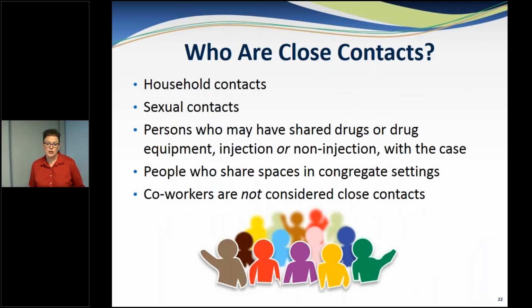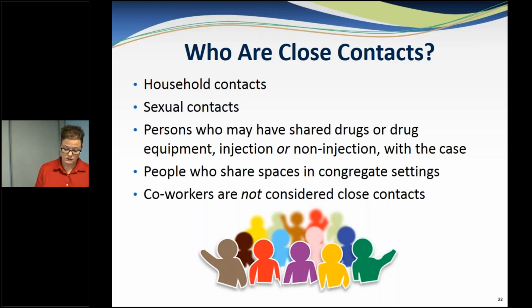To determine close contacts, when you interview the patient, you want to know household contacts, sexual contacts, people who may have shared drug equipment, whether injection or non-injection, people who share spaces in congregate settings, and these include substance abuse treatment facilities, correctional facilities, shelters, halfway houses. Shared spaces in those settings include restroom facilities, bunk areas, and shared meal spaces. And then coworkers are not considered close